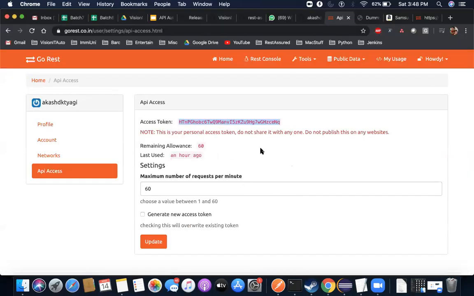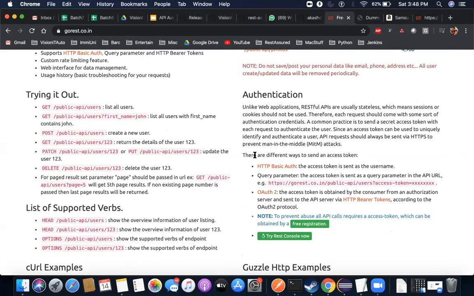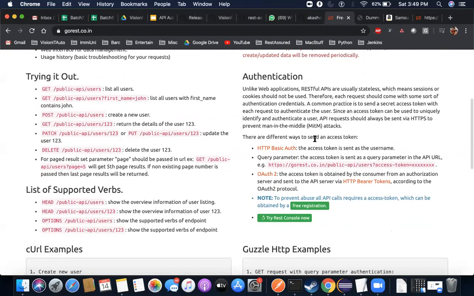And why am I selecting OAuth 2? Because there are different ways to send an access token: OAuth 2 and HTTP basic auth. The API developer is telling me there are two ways you can do it, and that is why I'm using this. Again, I will send some